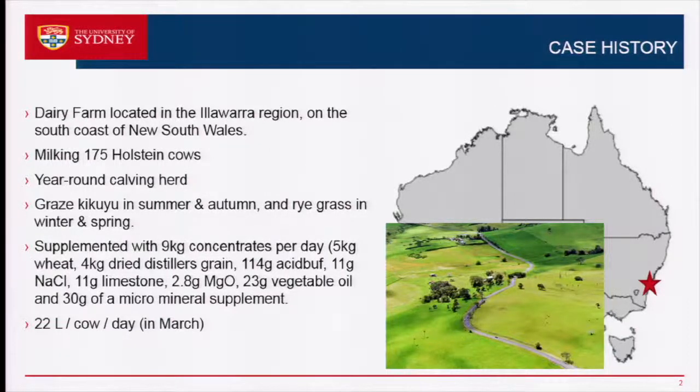It is a herd that has a pasture-based diet, so grazing kikuyu pasture in summer and autumn, and ryegrass pasture in winter and spring, and supplemented with 9 kilograms of concentrates per day. Those concentrates consist of 5 kilograms of wheat, 4 kilograms of dried distiller's grain, acid buff, a small amount of sodium chloride, 11 grams of limestone, 2.8 grams of mag oxide, 23 grams of vegetable oil, and 30 grams of a micromineral supplement. At the time that this case was presented to me, which was in March 2017,